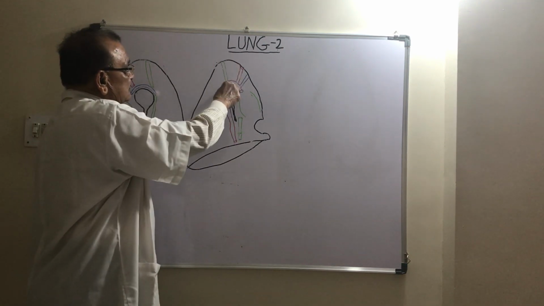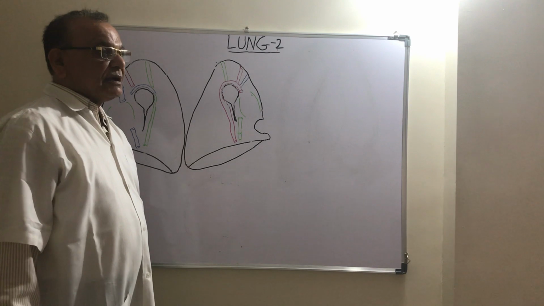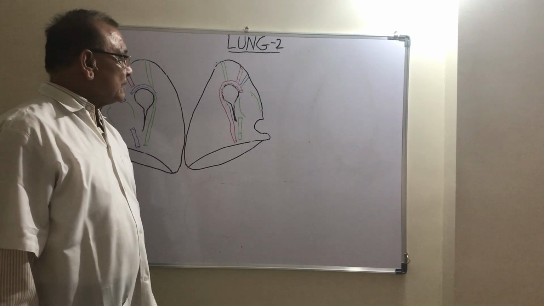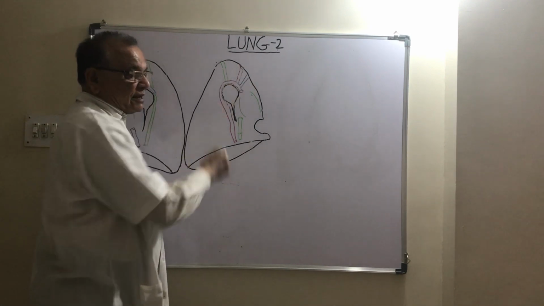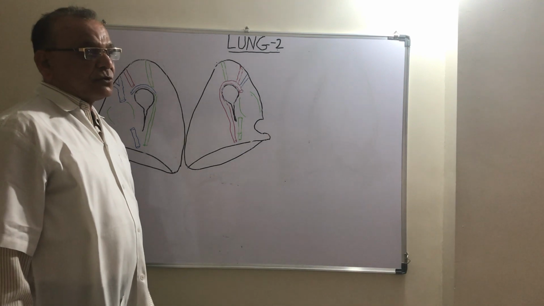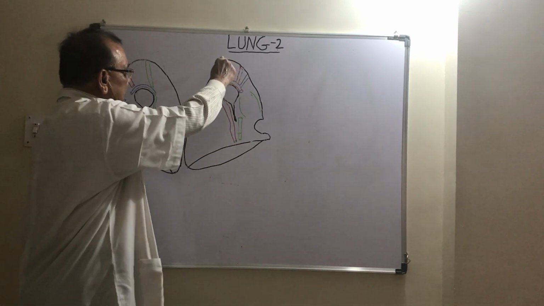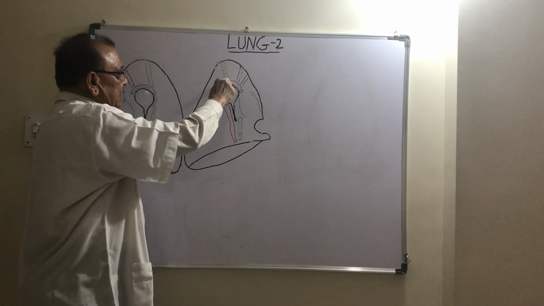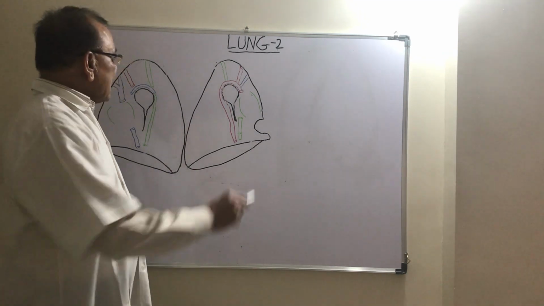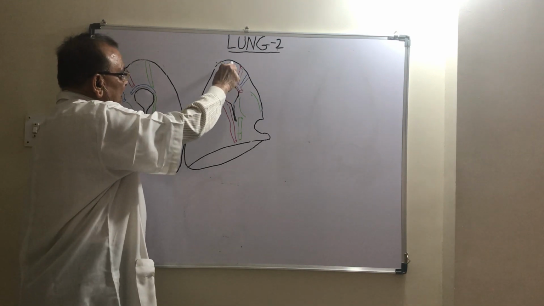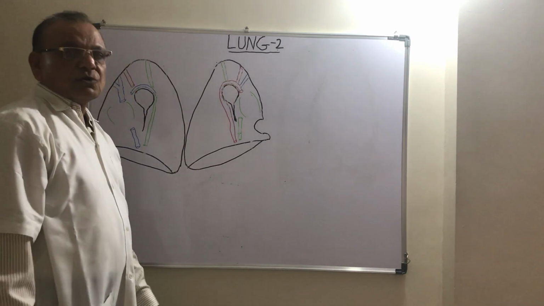In front of the hilus and above the arch groove, there is a vertical groove, and this vertical groove is produced by the left subclavian artery. And in front of the groove for left subclavian artery, there is another vertical groove, and this groove is produced by the left brachiocephalic vein. Now, from apex up to arch groove, mediastinal area is related to the left margin of esophagus, but the esophagus here does not produce any groove. And in front of the esophageal area, above the arch groove, this area is related to the trachea.